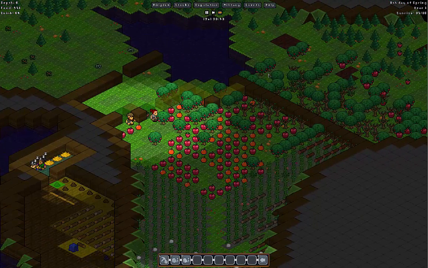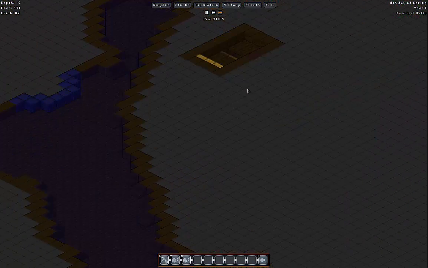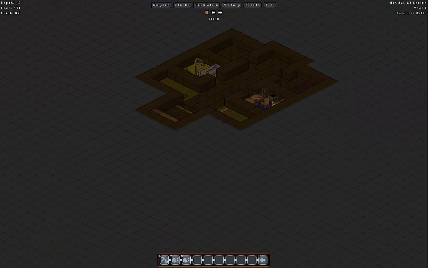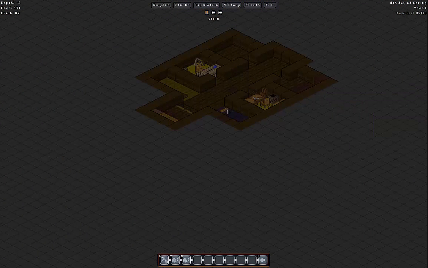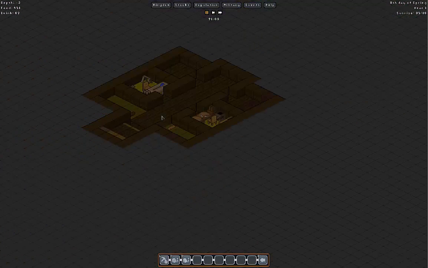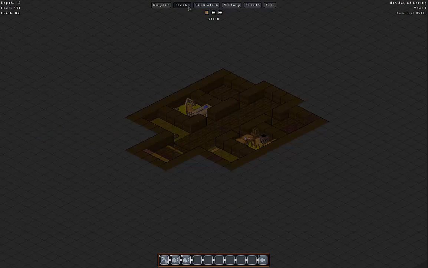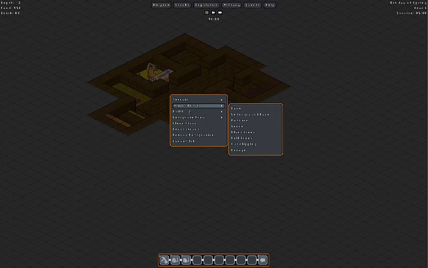Looks like our apple trees are regenerating already, and we have plenty of food, so no need to worry about that. Alright, our crates are up. We've got some sticks for the wheelbarrow. Looks like we're going off to get some more planks and or sleep. So with that in mind, let's put a...